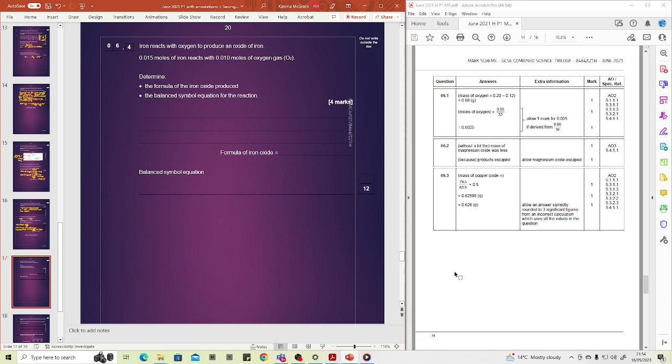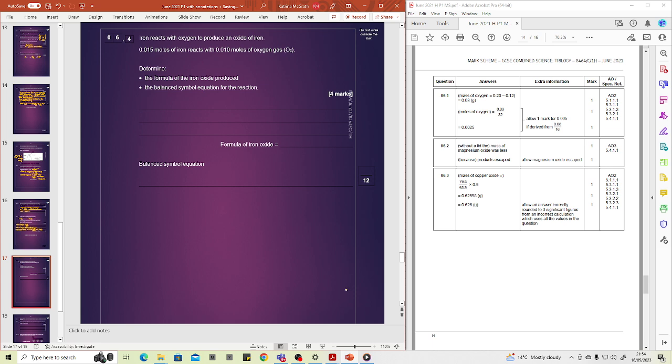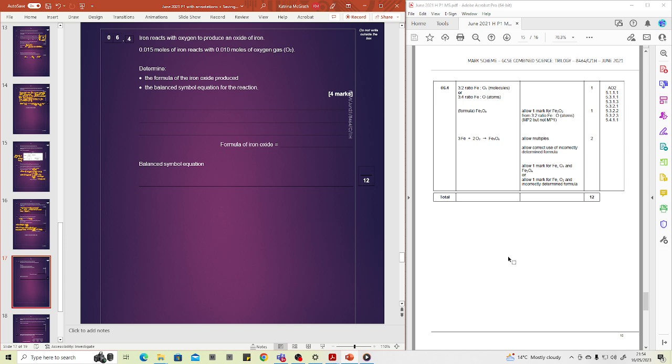Okay, so here is another way of asking a moles question. It's more unusual. It's sometimes called empirical formula. But all we're going to do is take a ratio of the number of moles, and then we can work out what the formula will be. So if we've got 0.015 moles of iron reacting with 0.010 moles of oxygen gas, that's 1 Fe reacts with